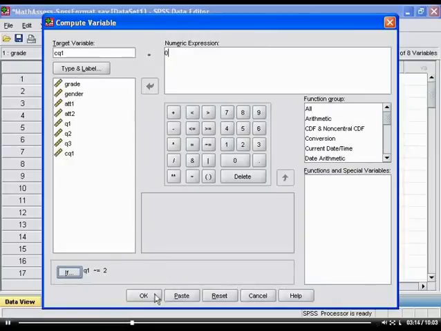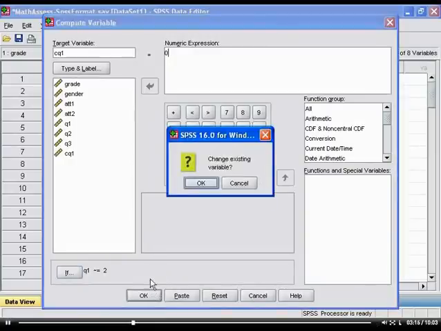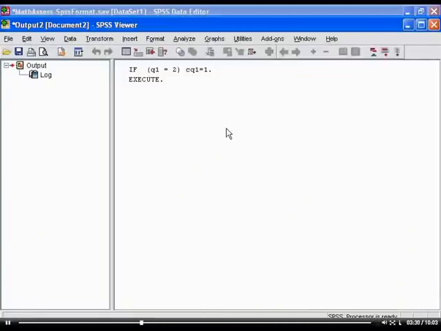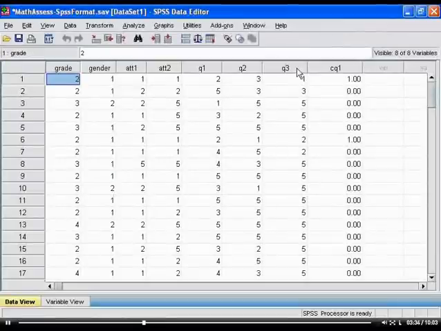The question asks if we want to change the existing variable. The answer is yes. We want to change all missing values to 0, so click OK. Going back to the data editor window, you can see all the missing values have become 0. This is one way to score the variable Q1. Another way